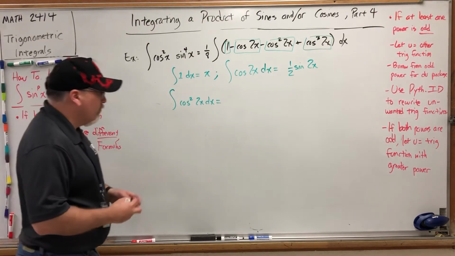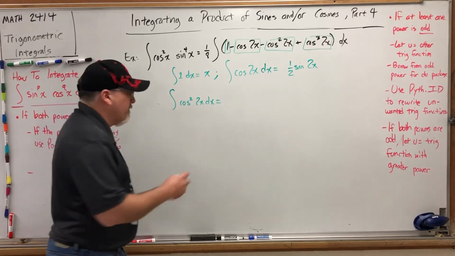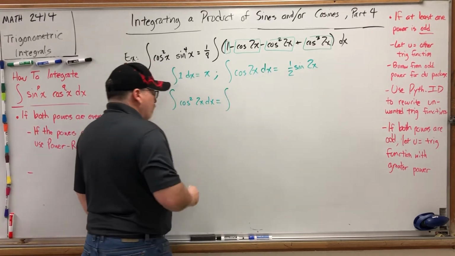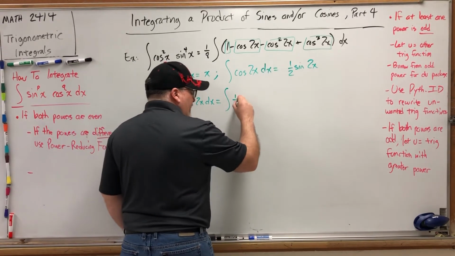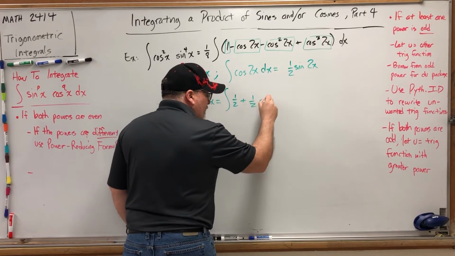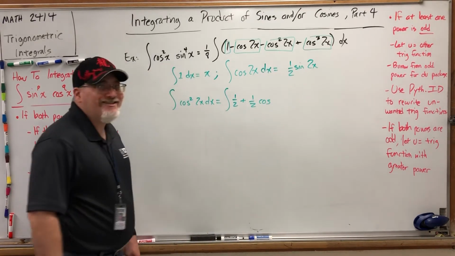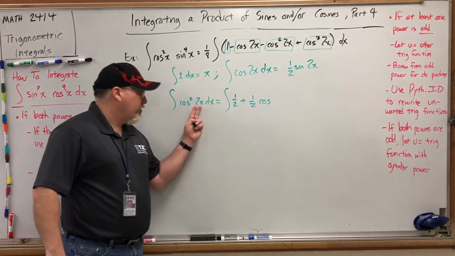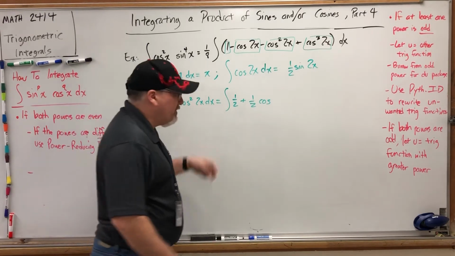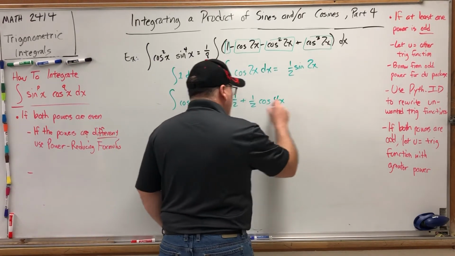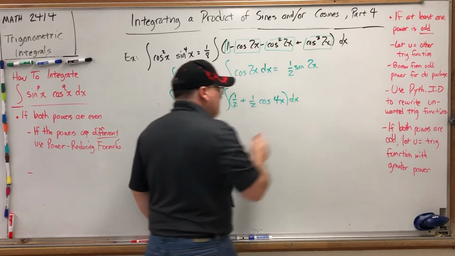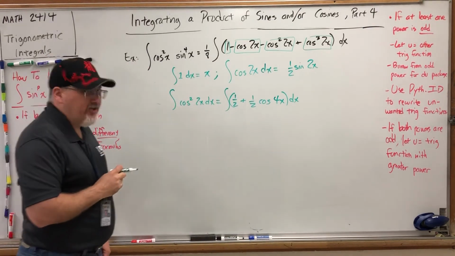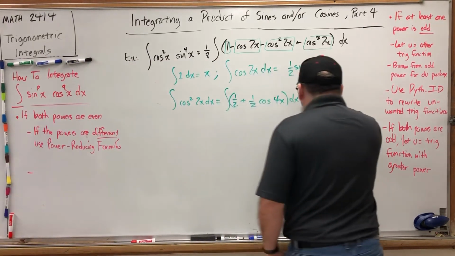And here's where you have to really know what your power reducing formula is saying. Power reducing formula for cosine squared says 1/2 plus 1/2 cosine of 2 times the argument. The argument is already 2x, so when I multiply it by 2 again, I get a 4x dx. And at that point, it's pretty easy to integrate. We get,